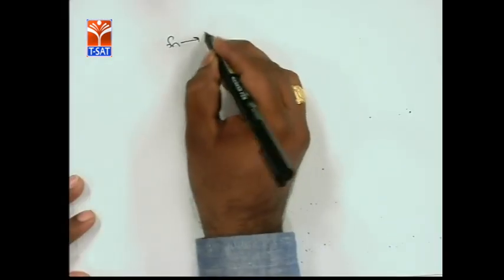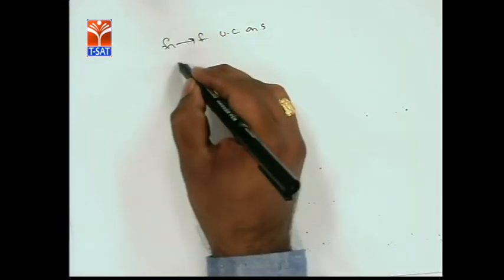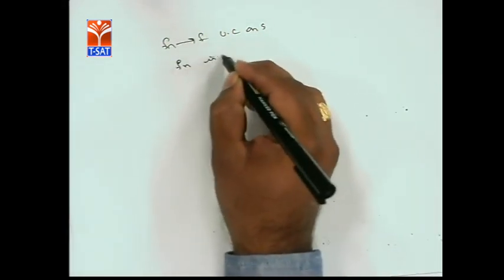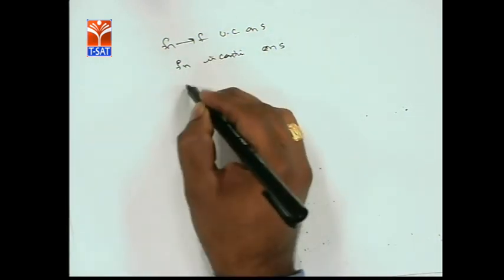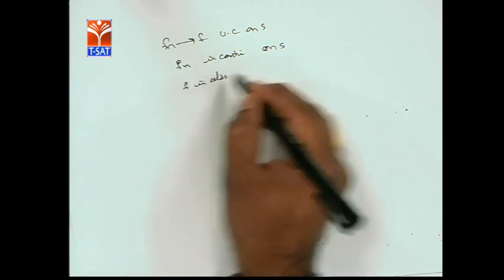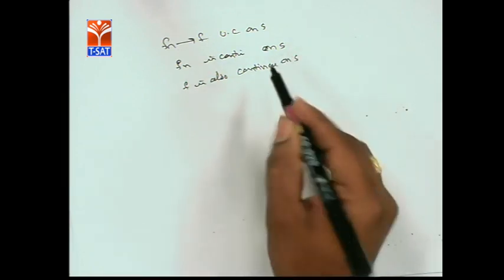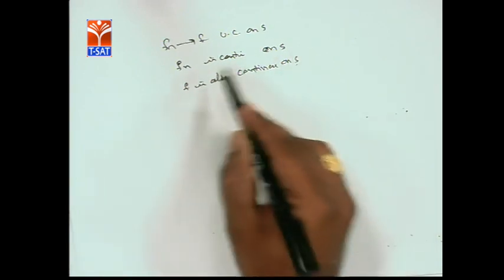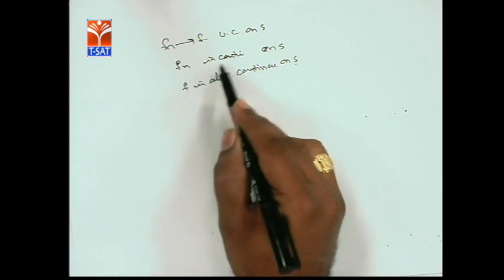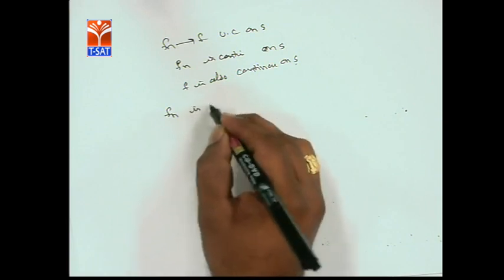Suppose fn converges to f uniformly on S, and for each n, fn is continuous on S, then f is also continuous on S. That means f is continuous on S means f is continuous at each point. fn is continuous on S means fn is continuous at each point of S. Suppose fn is continuous